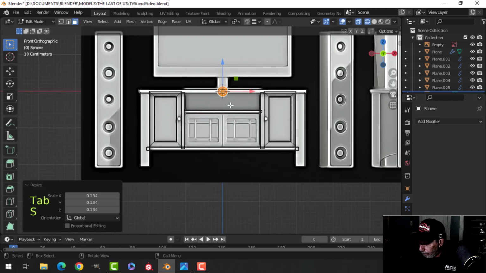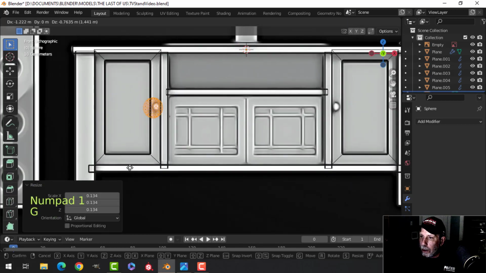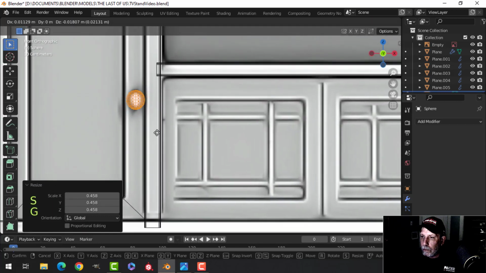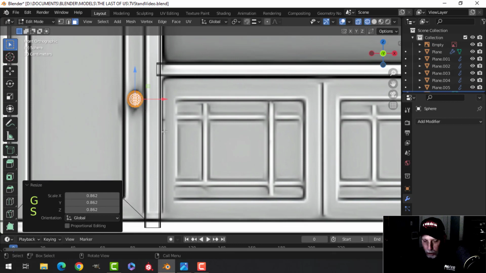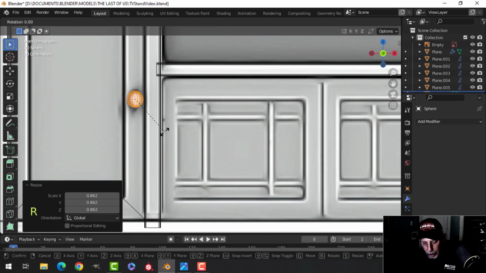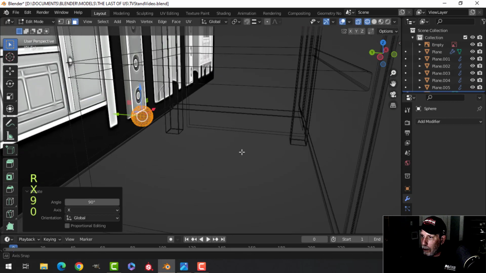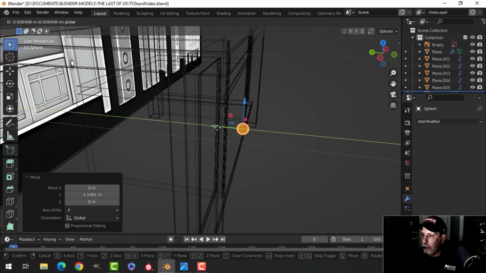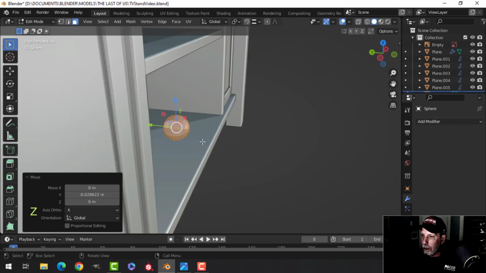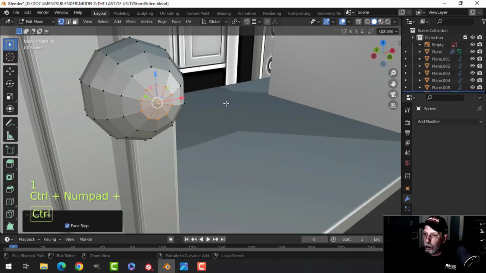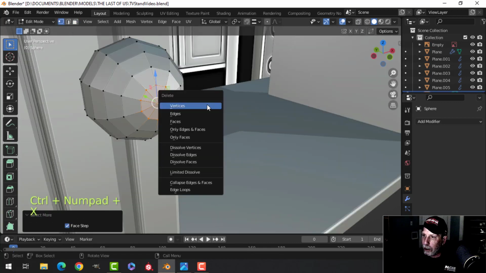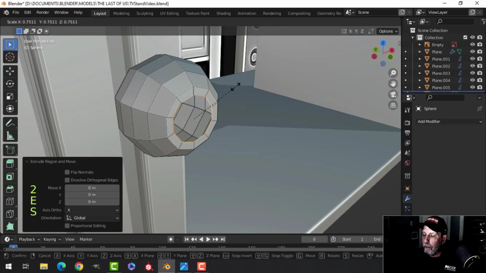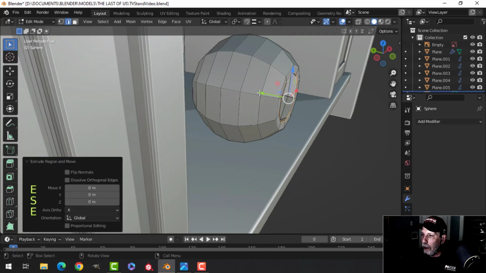Scale it down and bring it over. Scale it. It's pretty small. I'm going to rotate X 90 so it faces outwards. I'll bring it out. Let's go back into solid view. Select that, Control plus to expand the selection, X vertices, and then take these, E and scale it in and